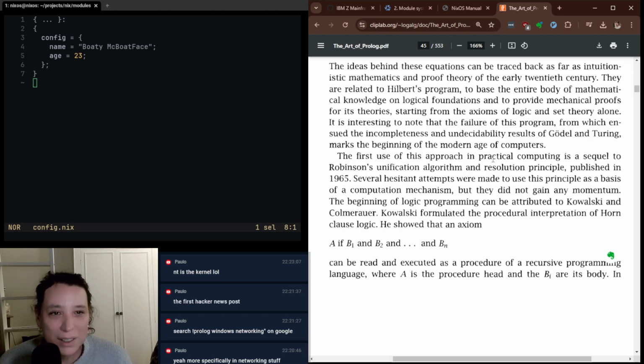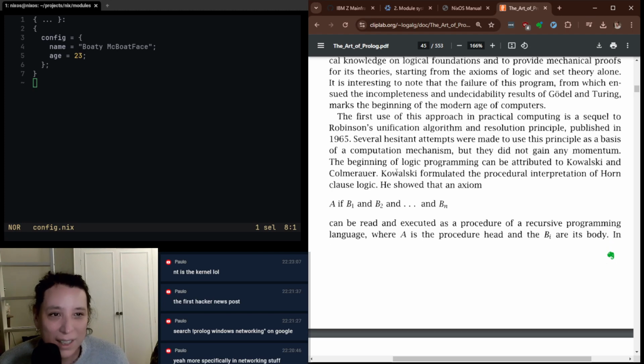The first use of this approach in practical computing is a sequel to Robinson's unification algorithm and resolution principle, published in 1965. Several very hesitant attempts were made to use this principle as a basis of a computation mechanism, but they did not gain any momentum. The beginning of logic programming can be attributed to Kowalski and